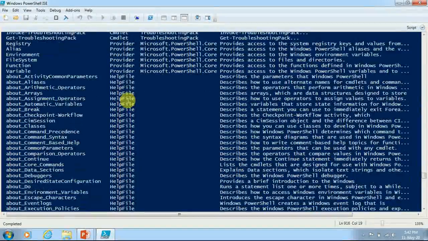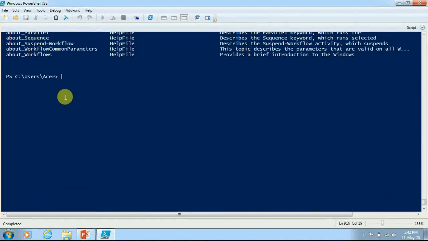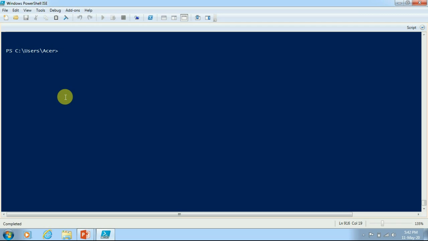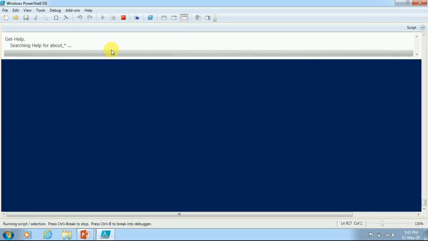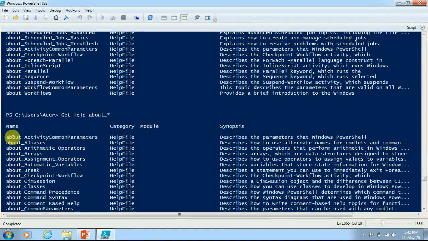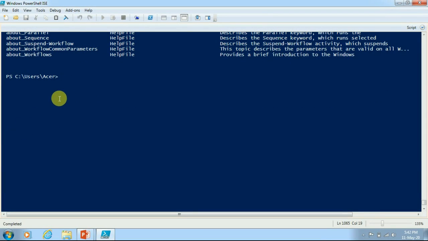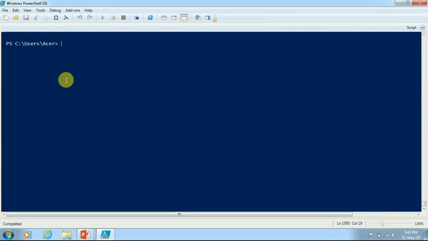How can we identify the conceptual help? You can see that wherever "about" is starting in any of the help files, it means it is conceptual help. And if I want to list out only conceptual help, I'll have to use about underscore star. Wherever this keyword is matching with this wildcard character, it will list out all the files. Now you can see that whatever list we got all contains "about" in its name. So this is how we can segregate the help for all or only conceptual help.